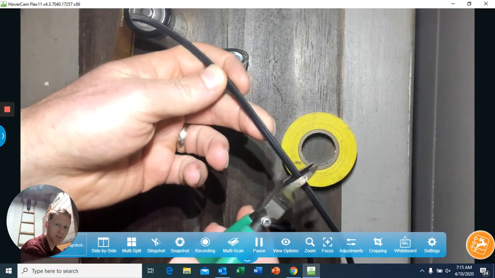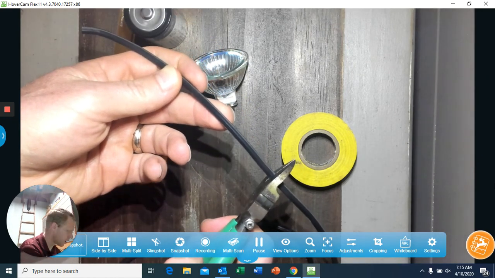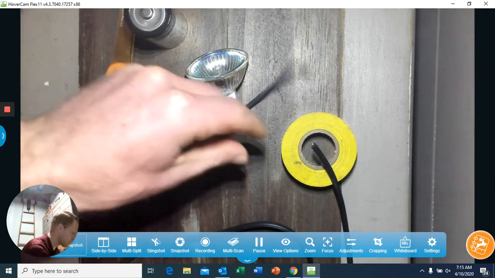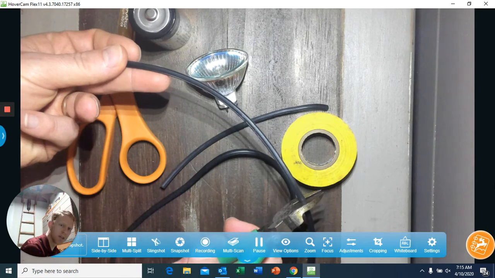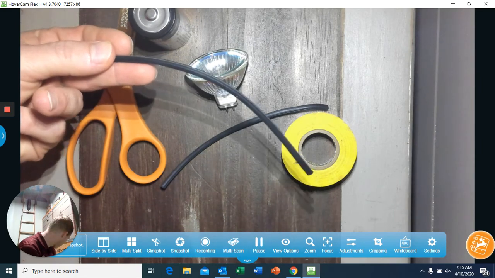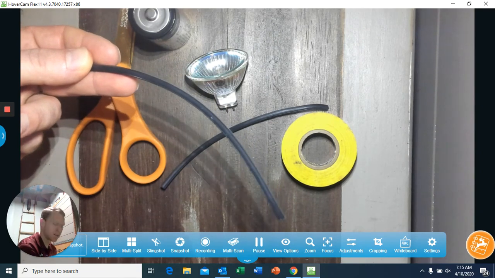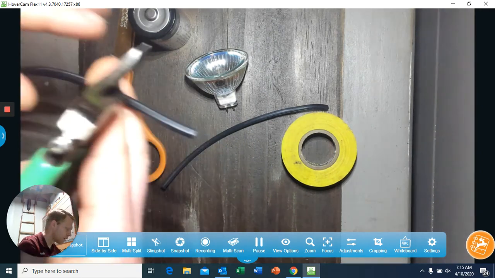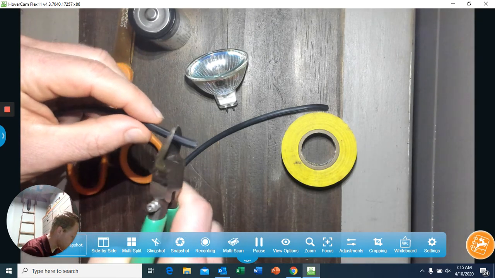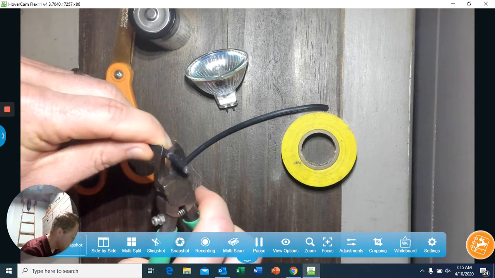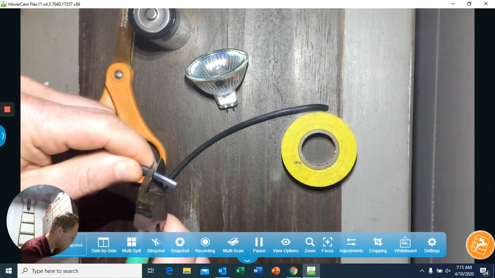They don't need to be very long, but long enough that we can connect the battery to the light bulb easily. So there's one section of wire, and here is a second section of wire. What you're going to do is cut just through the plastic part. You don't want to cut all the way through because you need the metal wires inside. You're going to cut through that plastic part very carefully,